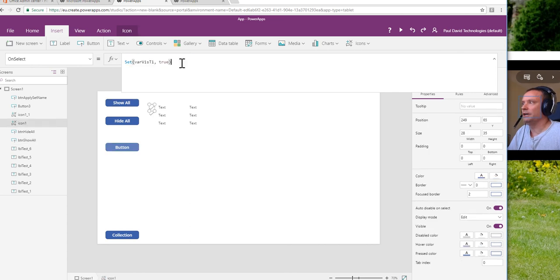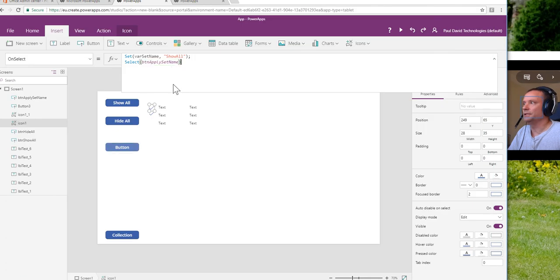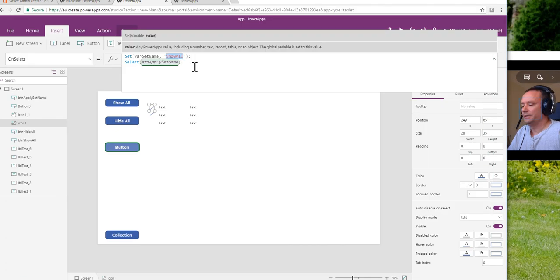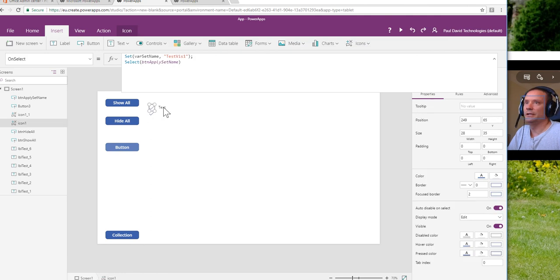I can say, right, I want to use my set name, and that was called testviz1. So now when I click this button, only this label is visible, and now I've got far fewer lines of code. Okay, it took us a while to get there, I will accept that,